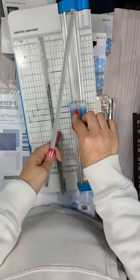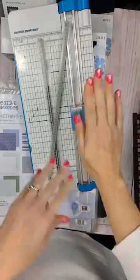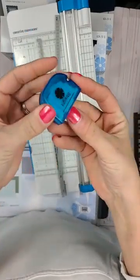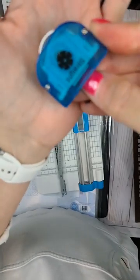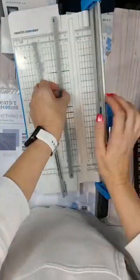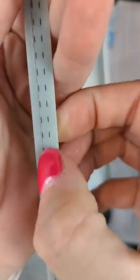I have had this blade since I originally purchased the system, which is 2-3 years ago. So it's been a while that I've had this cutter. I have not replaced my straight blade. And as you can see on it, it is still super sharp, okay? So if your trimmer is not cutting, it is because this mat strip has grooved so bad that you need to